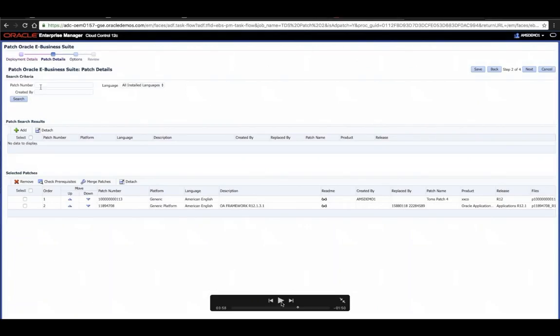Now, notice that there is a search field right here. So as you're looking, you will search for patches. These patch numbers can be Oracle patches that you're going to add from Oracle, or they could be your patches that you're going to add from your own software library. Then you'll add those. The results will be here. You will select the checkbox, and you will end up having a list down here of what patches you have